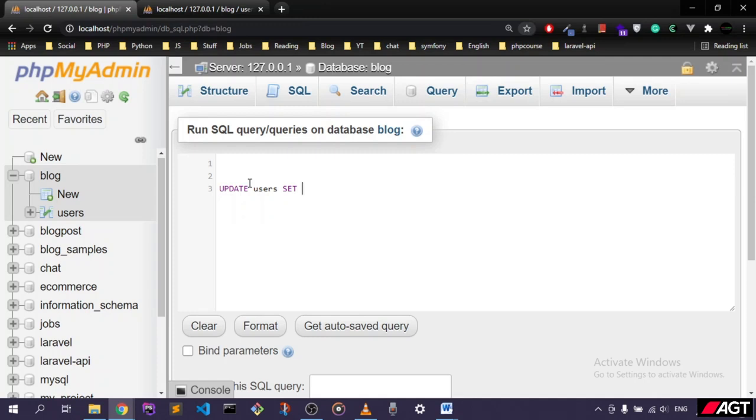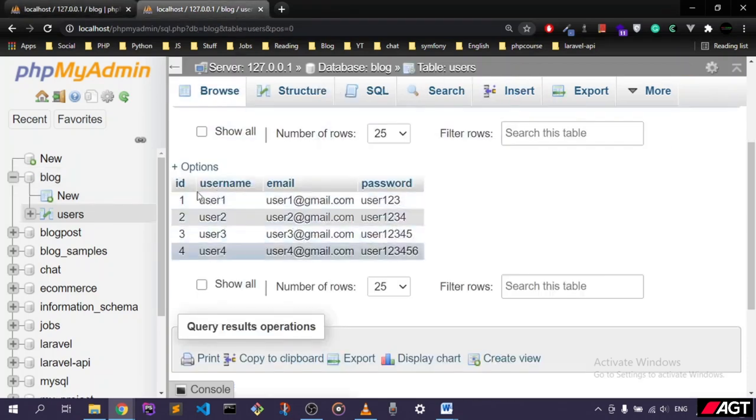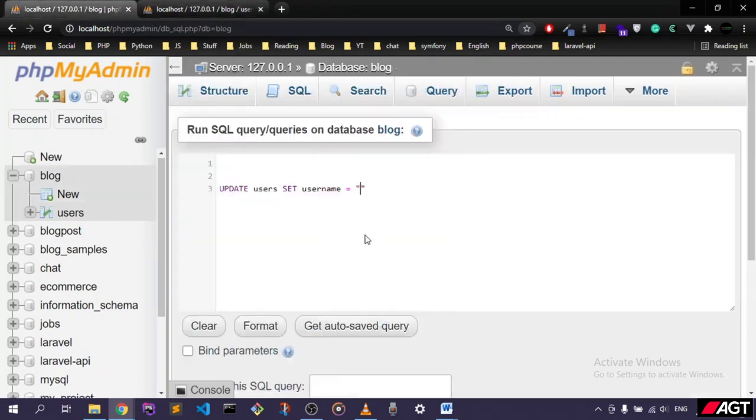Okay, set, and we need to update the username, let's say, and equals, and these are our quotations right here. And now this is the data that we need to insert inside of our data right here. Let's say user number 4. Okay,